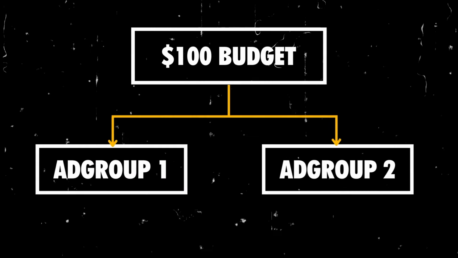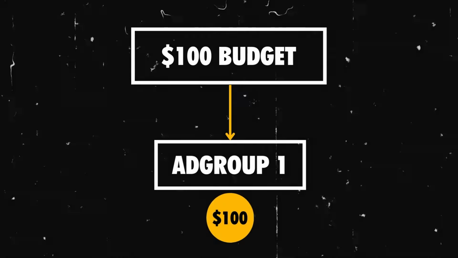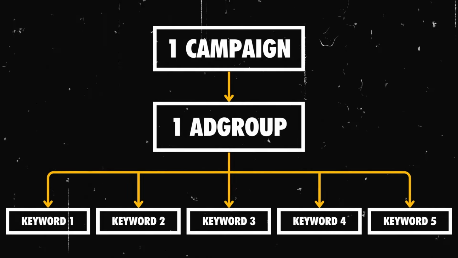So just another kind of detail is campaign structure is usually one campaign, one ad group, because multiple ad groups result in uneven splitting of the budget. We don't want that. We want to focus our budget onto one ad group where we can control how much money goes to the keywords. And then usually no more than 5 keywords, single match type.